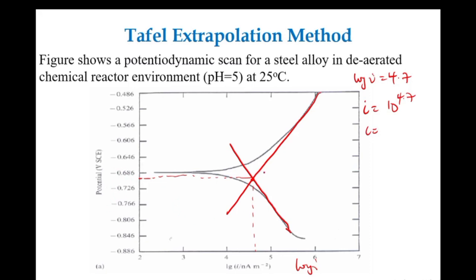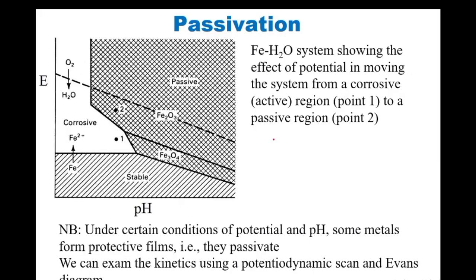So using the Tafel extrapolation, you have the graph, with this one representing the anodic overpotential, and this the cathodic overpotential. You draw a line which is tangent to the curve, and then where they intersect, you trace down. This is the I corr and this is the E corr. That is for the Tafel extrapolation. Let's look at the potentiodynamic and the cyclic polarization, which is for the